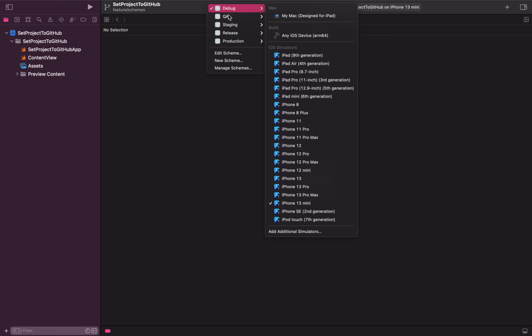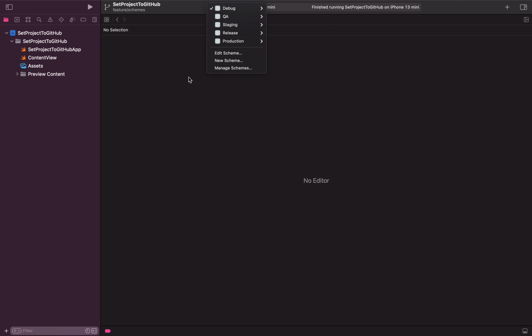In the last video we saw how we can add different schemes to our project. We added schemes like debug, QA, staging, release and production, and we saw how we can change values, strings or URLs depending on which scheme we are currently using.